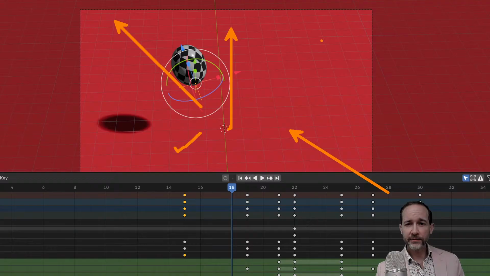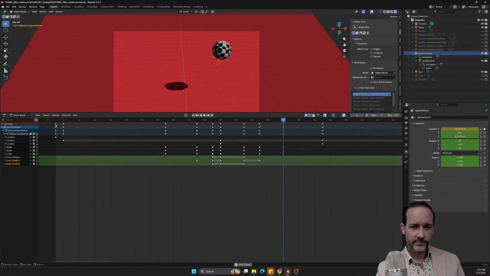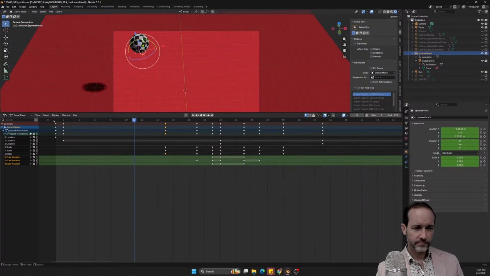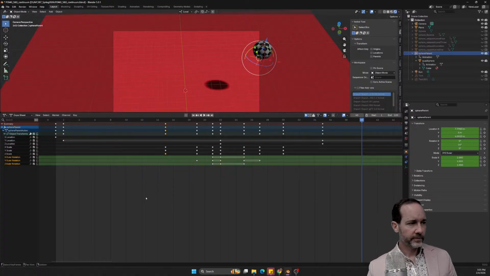And then after I hit the ground, it angles this way a little bit in the direction of the bounce.